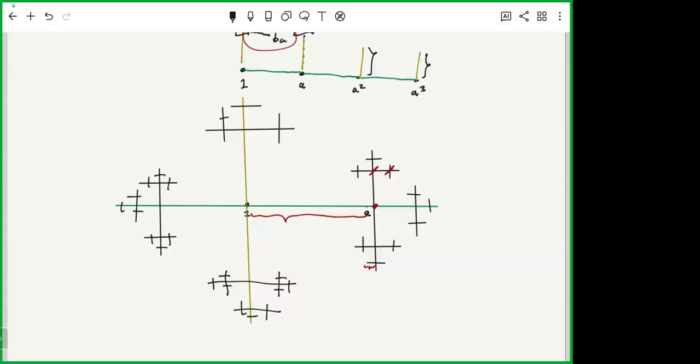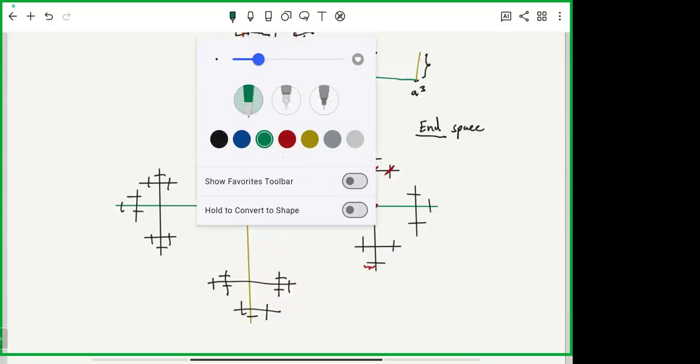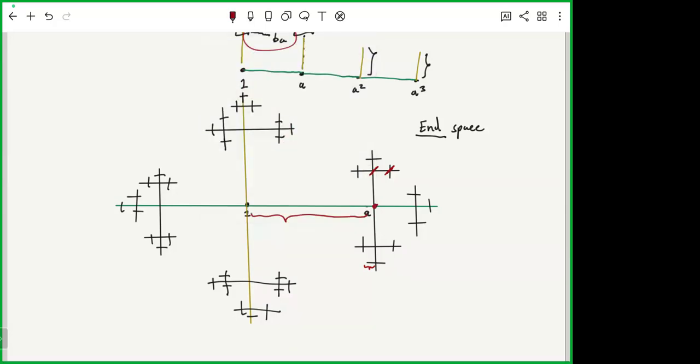I can look at how many ways I have to go to infinity in this space. Or I can think of some ideal boundary at infinity which represents the connected components of infinity. This is called the end space. An end is a way of going to infinity. You can consider an end to be an equivalence class of rays under some equivalence. What a ray is here is a reduced infinite word.